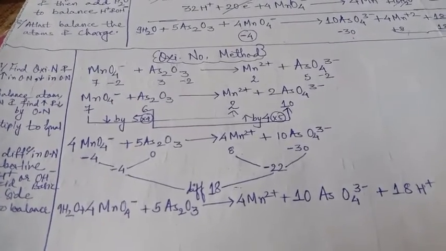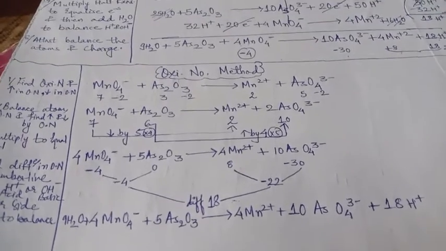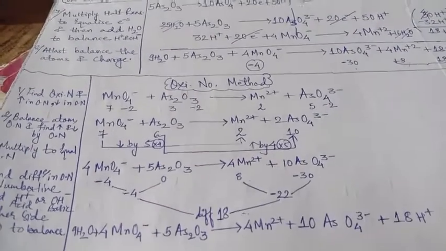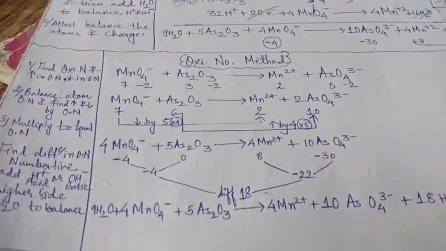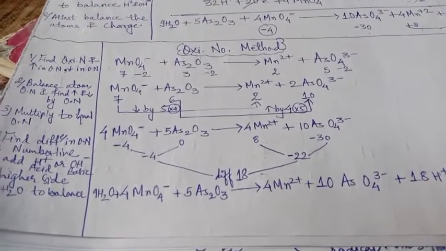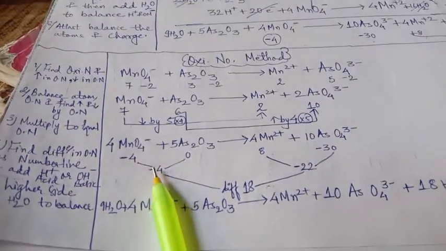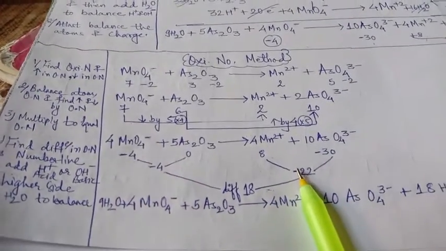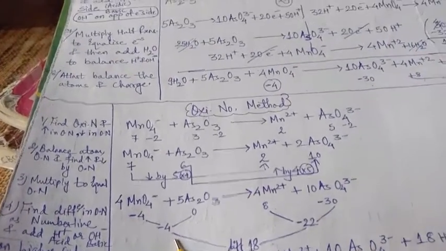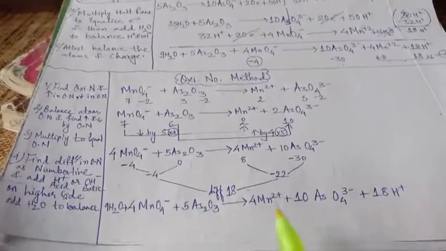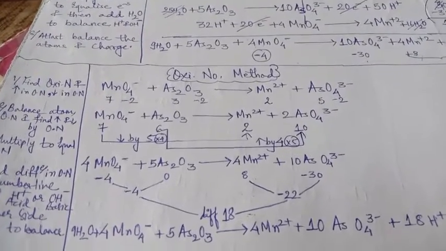Once again, keep in mind, while adding H plus, you will have to see the bigger number and add on that side. On adding OH minus, you will have to add it on the opposite side of the bigger number, right? While adding H plus or OH minus, need not worry about the sign. See only the numerical value, right? So take care of this, and this is how you are able to balance the redox reaction by the oxidation number method.